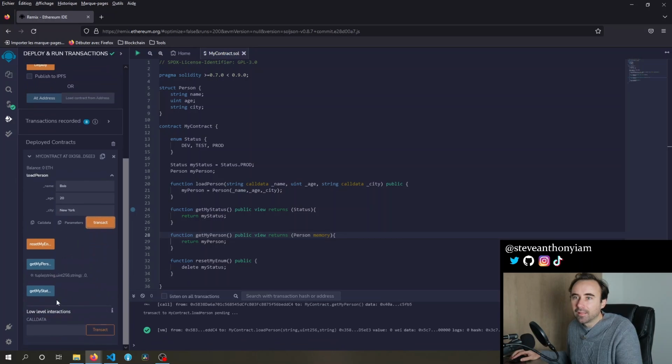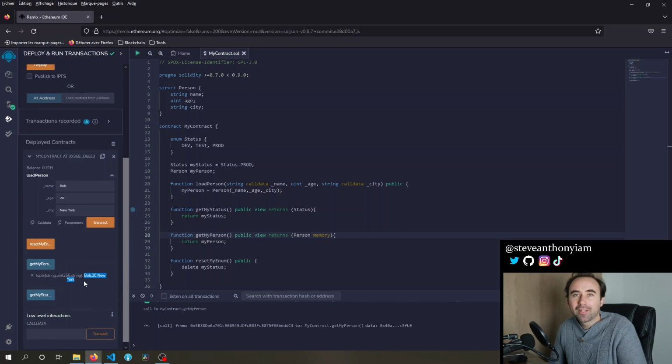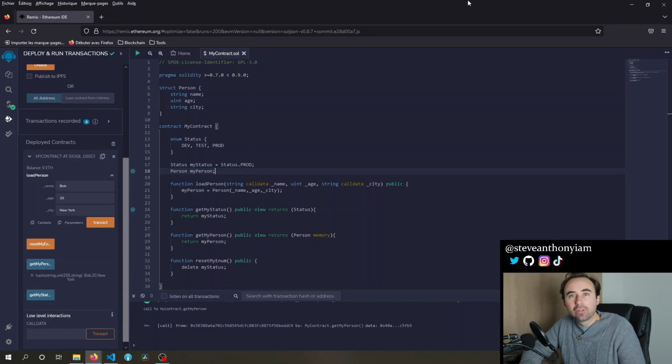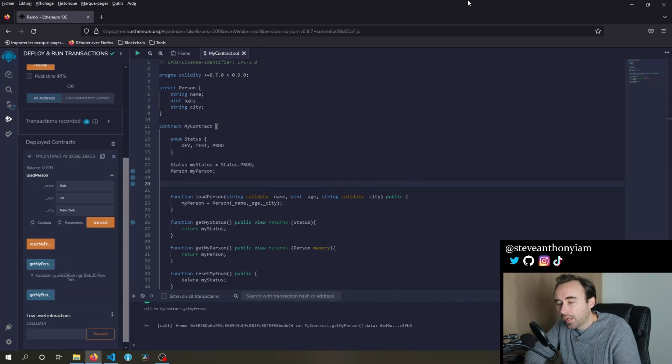Transact, and if we go here again, it's great news, our struct is working. Congratulations. The last thing I want to show you is the array. To define an array is pretty simple. If you want to define an array of numbers, we just need to type uint array and my number